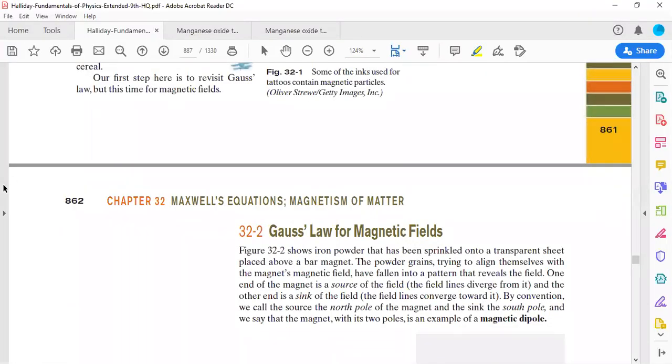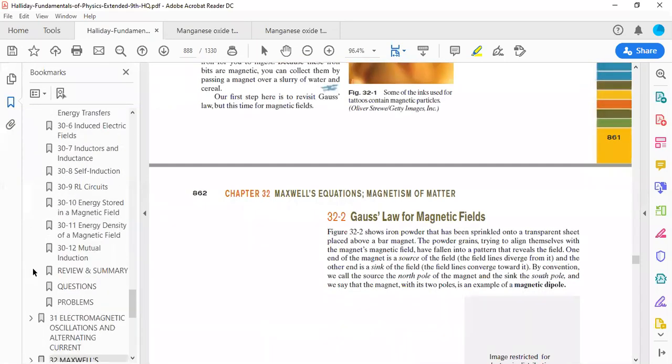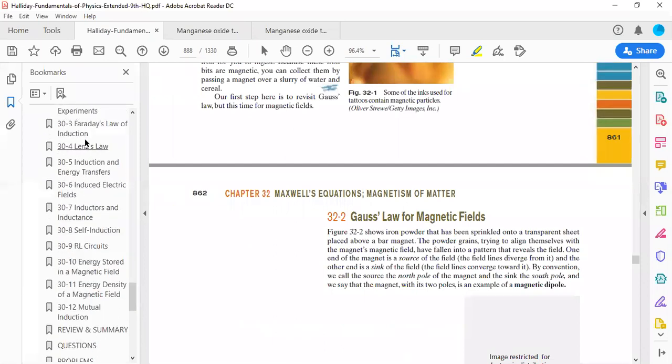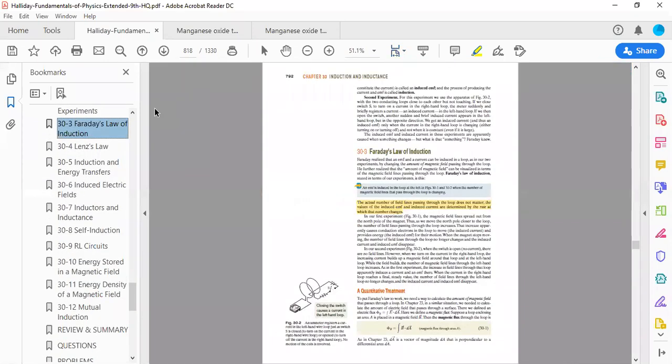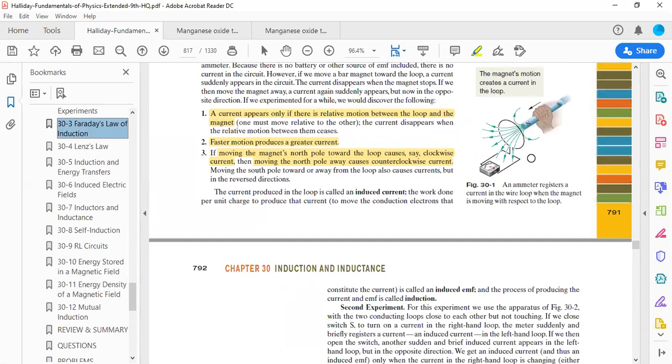When you change the orientation of the current loop, if you change the angle between the magnetic flux and the loop face, then again there will be some change in the magnetic flux.